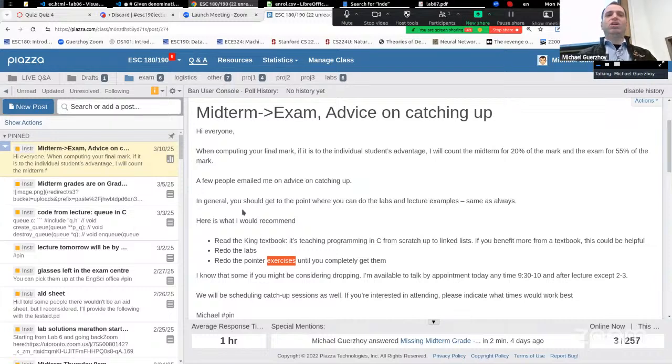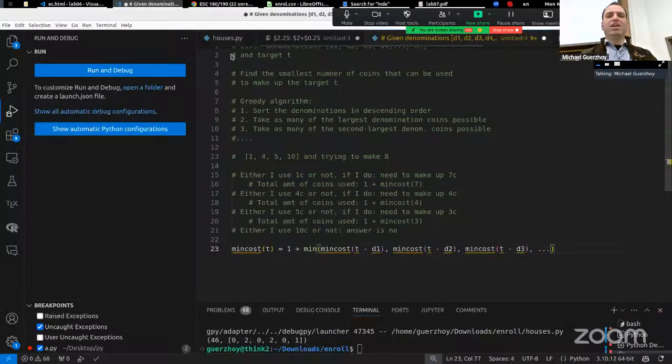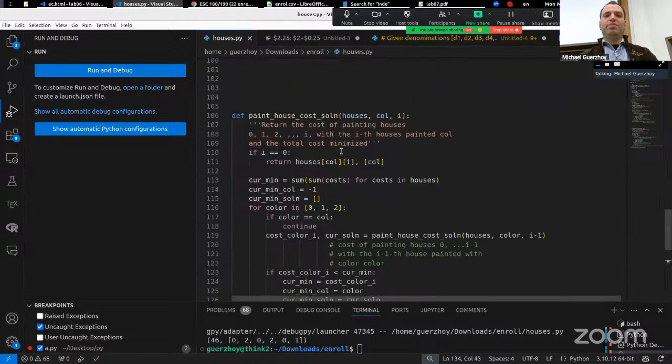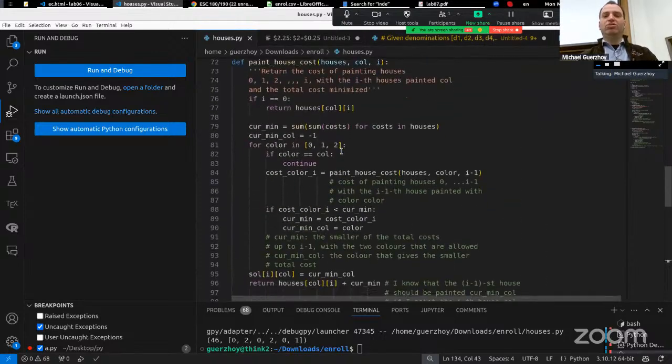So I want to go back to dynamic programming. And I want to go back, as promised, to the houses example. That's the houses example. That's the code that you have from before. You can also copy it from the slides, except for the comments, right? And what I want to do now